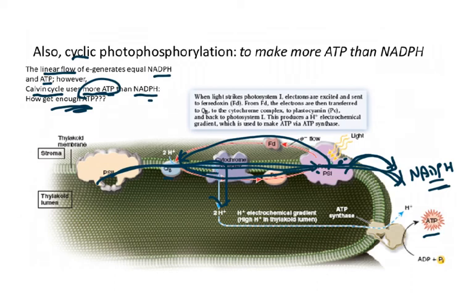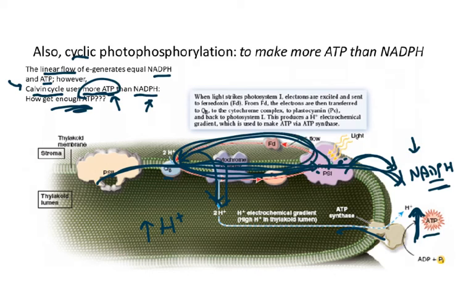And when we do that, when we pass it back and use it again to pump more hydrogen, we get hydrogen here again, even more. And this hydrogen is useful because we can use it to make even more ATP. So this would allow us to make less of the NADPH and more of the ATP, because the Calvin cycle actually needs more of the ATP and it needs less of the NADPH. So it can do this cyclic transfer in order to up the amount of ATP, because every time it passes the electron, it pumps H+, and we end up concentrating H+, kind of